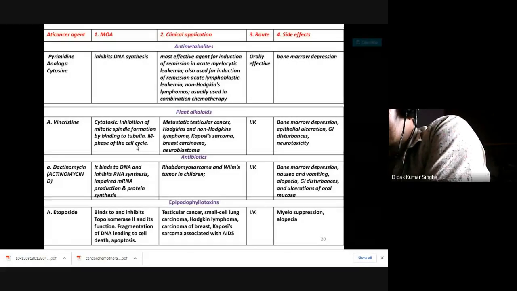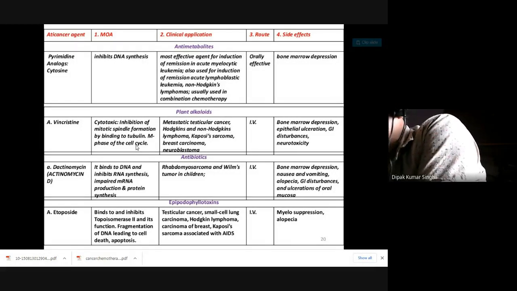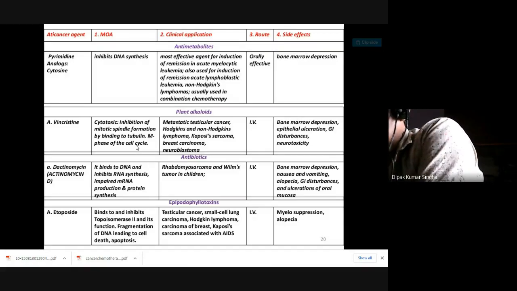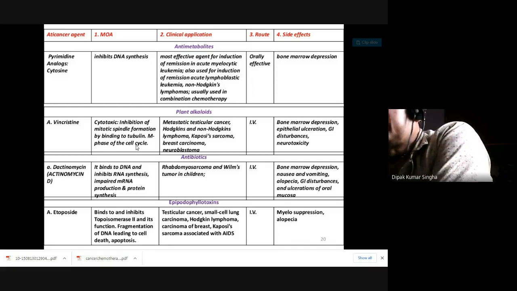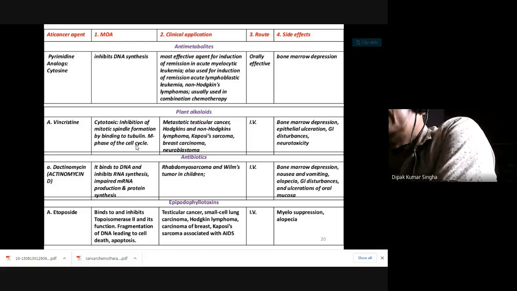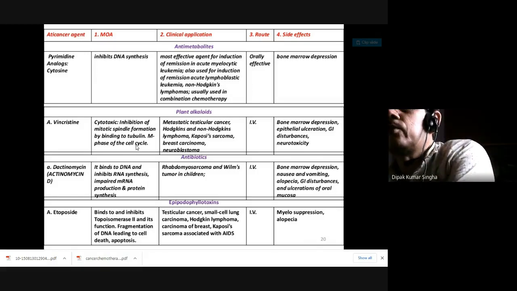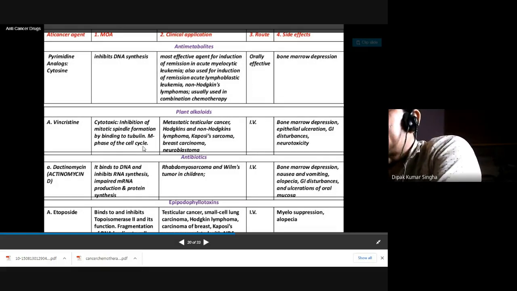The cell cycle has 2 checkpoints, G0 phase, the resting phase, G1 phase, and G2 are the 2 checkpoints, and the M phase and the S phase. M phase for mitosis and S phase for the synthesis of DNA. So first is the G0 phase for resting phase to check everything to start the cell division, then checkpoint G1. So in that case the M phase of the cell cycle, সেটা মাইটোটিক হোক আর মাইটোসিস, তো মেটাস্টেসিস টেস্টিকুলার ক্যান্সার